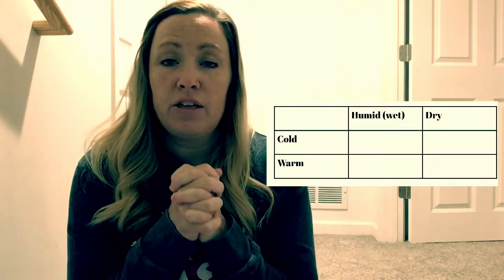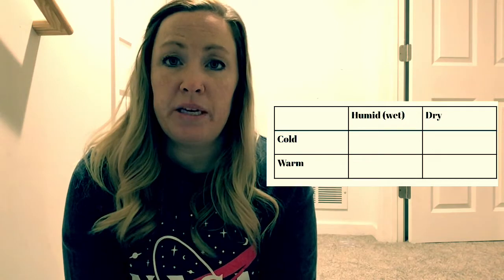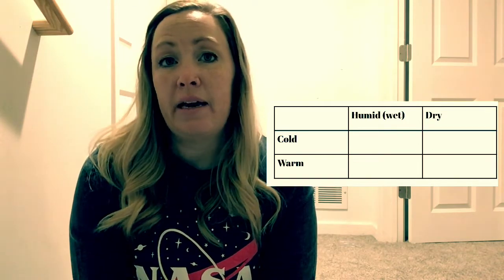Back on your sheet, you have a table that I want you to fill in, where you combine the different characteristics and then tell me what term we would use in science to describe that air mass. I filled in one of them for you to show you how I want you to do it, and then I'd like you to fill in the others. I'm also going to put a link to a video by a meteorologist in the United Kingdom who describes air masses. It's just an additional video if you want to hear somebody else describe it and show some maps to help it make sense.